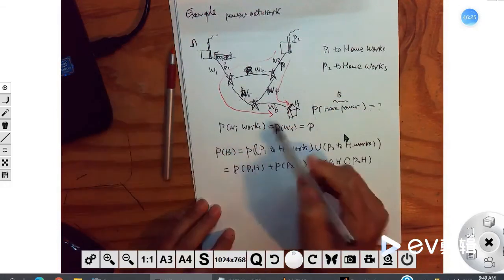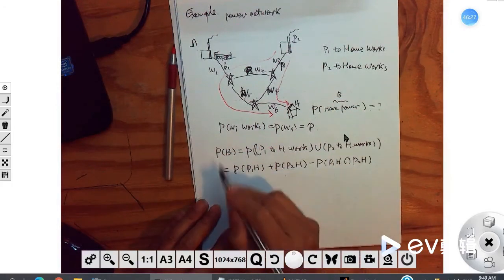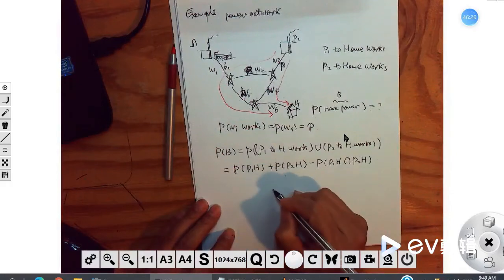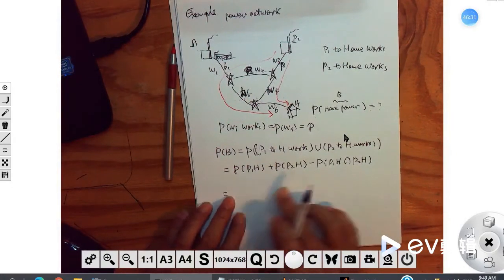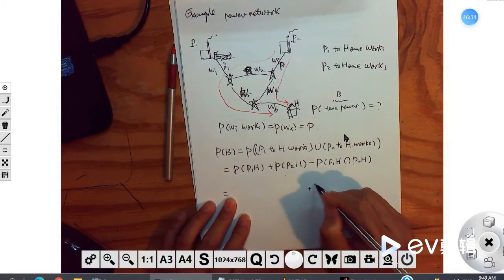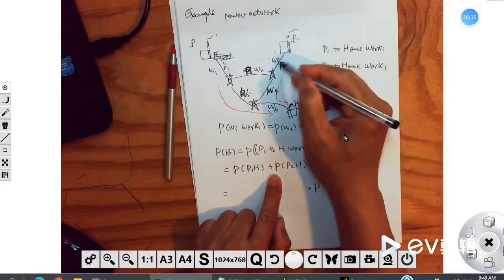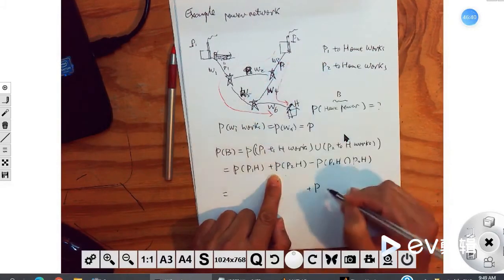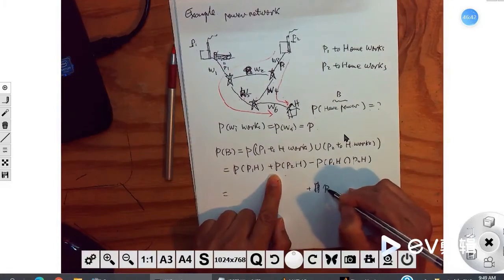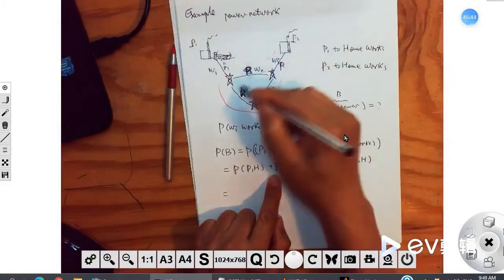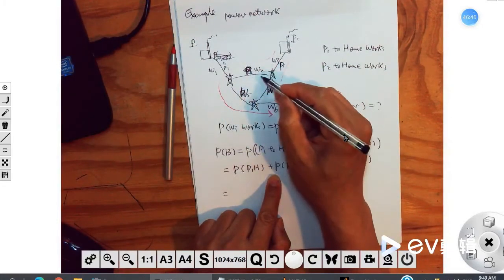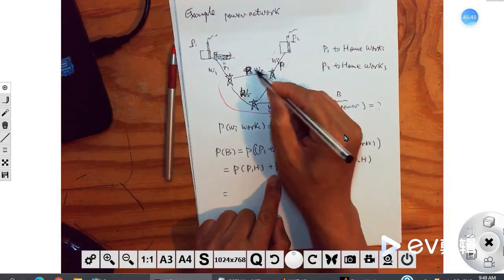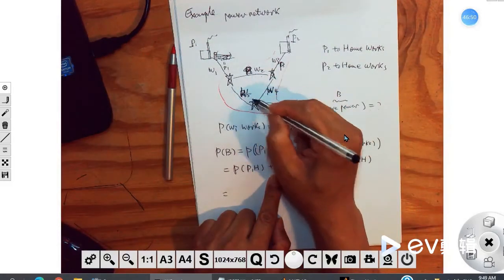So P2 as well as P1 because they're similar. P1 will be this one, plus P2. P2 works is this. This is P. This is P. This is P because this is a parallel connection. So P times the probability of this times another P. And this part, because this is a parallel connection,